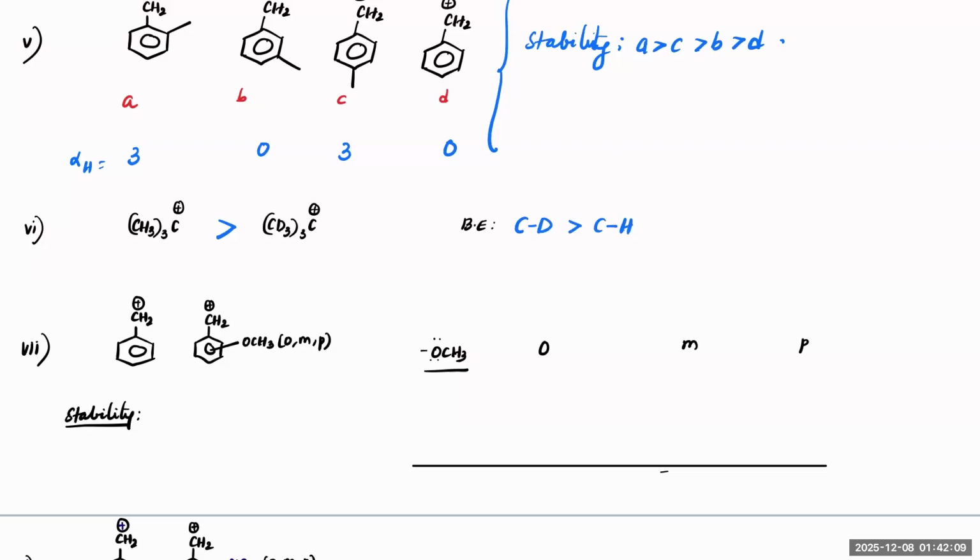So here the carbon and deuterium bond is stronger than the alpha carbon and hydrogen bond. So which means if you compare the strength of hyperconjugation,